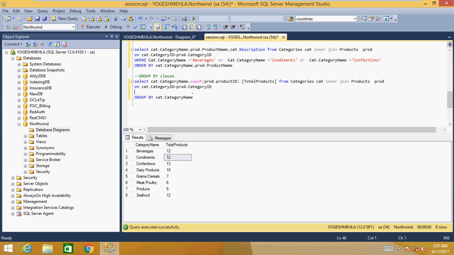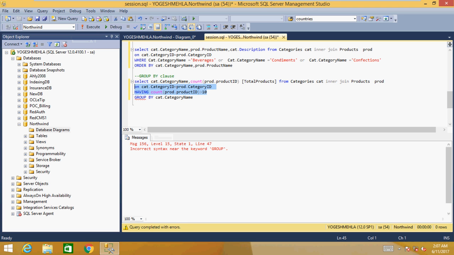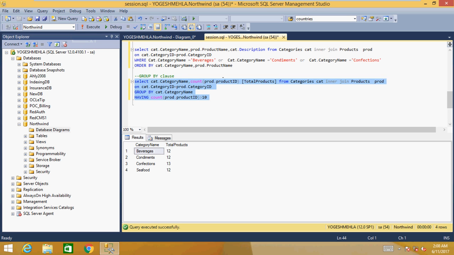having clause. Why having? Now suppose I want all the categories where they have a minimum of 10 products in that category. So I will say having. Now how I am getting the count is by this one, having count greater than 10. Having will come after group by. So if I run it now, I will get only the categories where the product count is greater